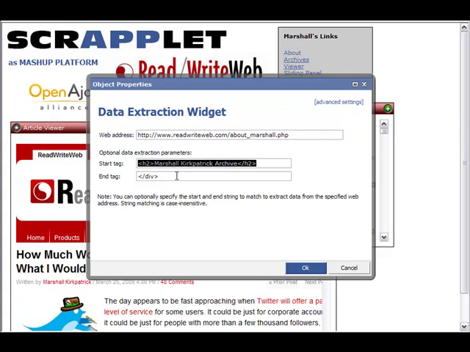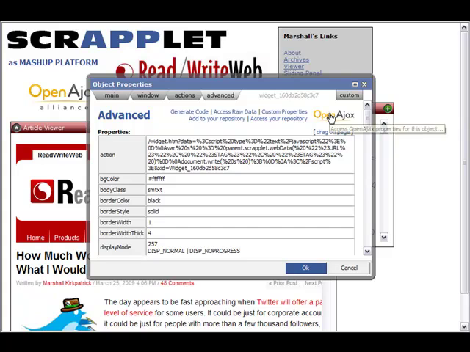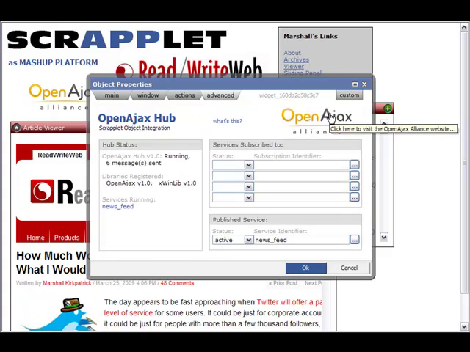So here's the front end, the customized front end for the data extraction widget that allows us to specify an address and go out and get that content. One of the attributes of our mashup platform is that you can use default properties configurations, or you can create your own custom ones. Now in this instance, in addition, we're also going to access the OpenAjax component, and we can see our hub status. There's a single service running, which is the news feed, and in fact that's the object that we're looking at